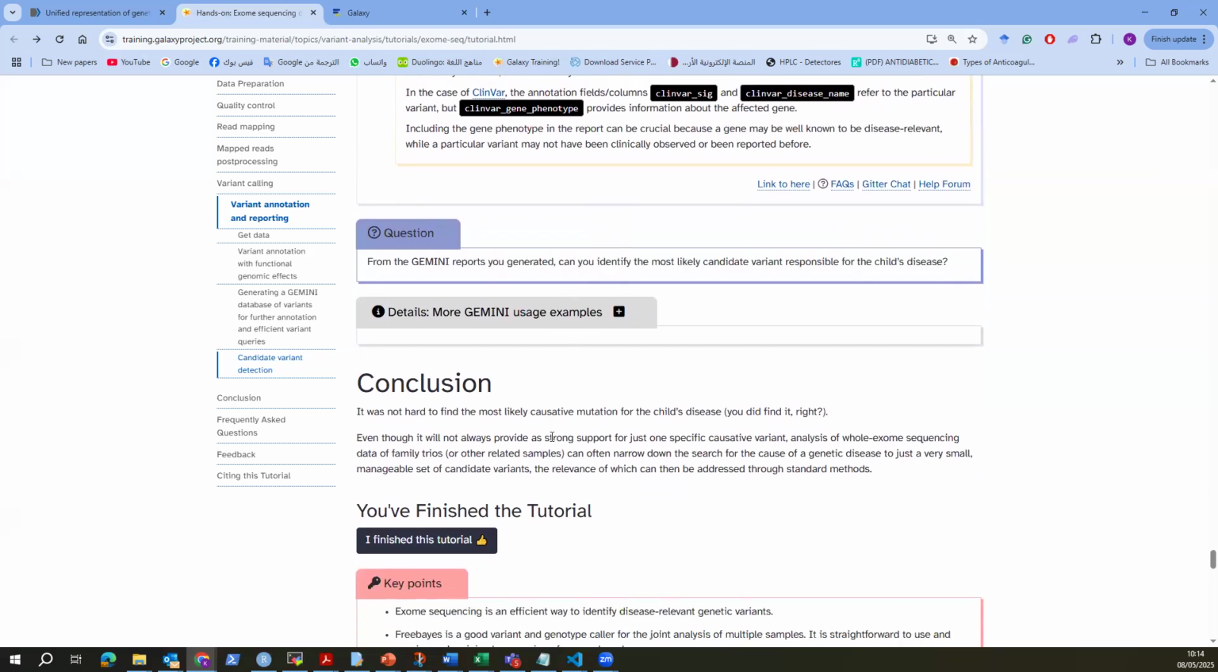And at the end, the conclusion is it's not really hard to detect the variants from a child's disease in the deployed system. It's only part of the steps you should follow. Gemini is a strong tool for annotation and annotation manipulation. It is good to